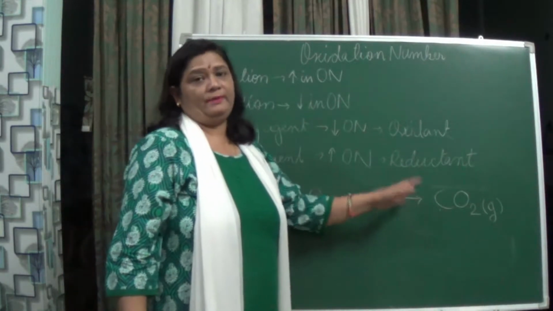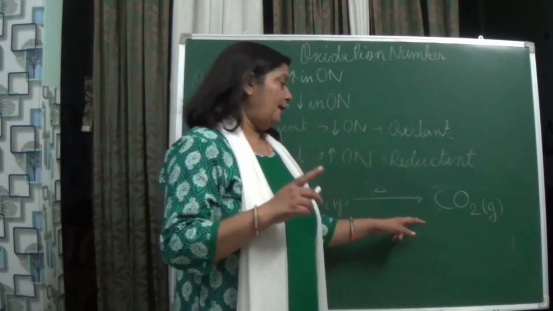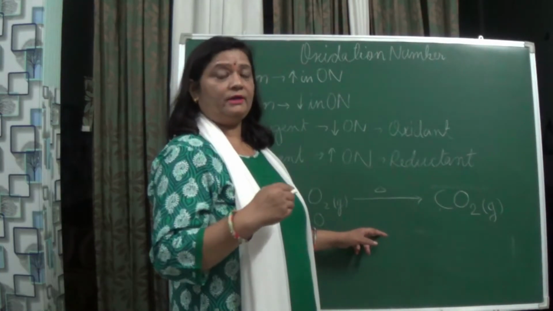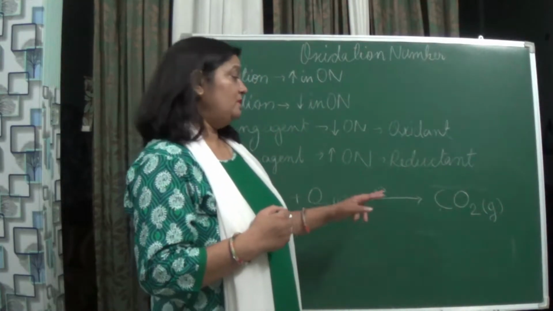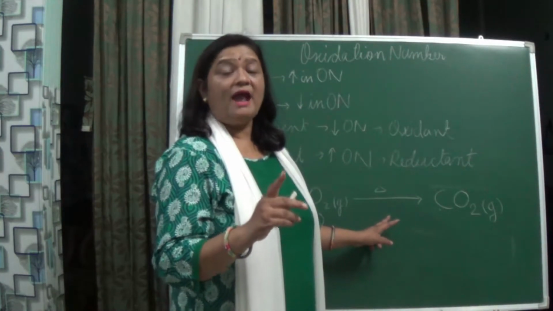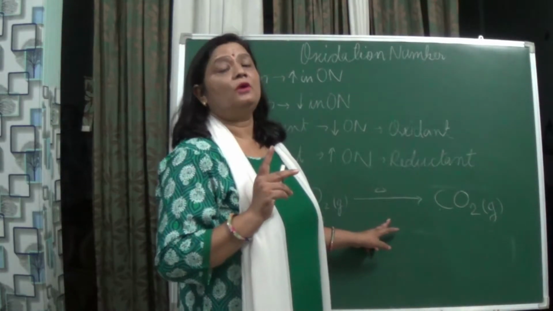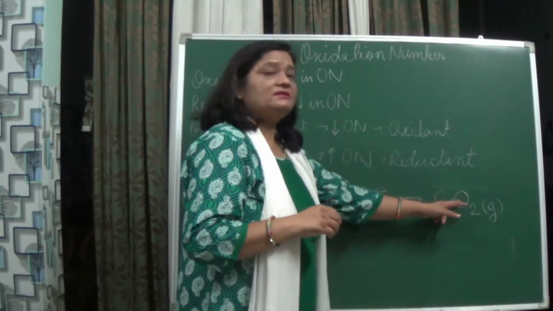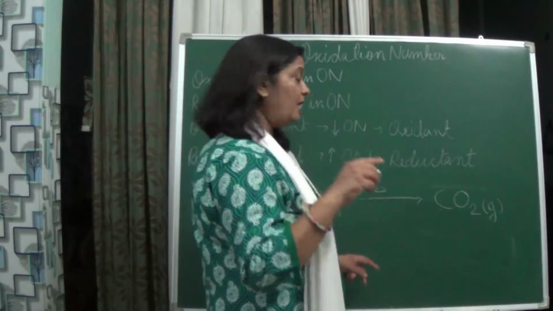Now it is forming carbon dioxide. In NCERT, in the chapter on oxidation number, you will see a number of rules to follow to take out the oxidation number. One rule says oxygen has the oxidation number of -2. When it is present in peroxide form, like H2O2, it will have the oxidation number of -1. Here it is -2, but 2 atoms of oxygen are present, so keep that in mind.